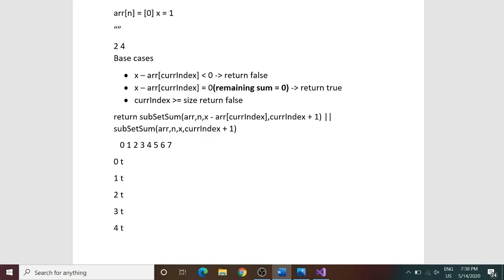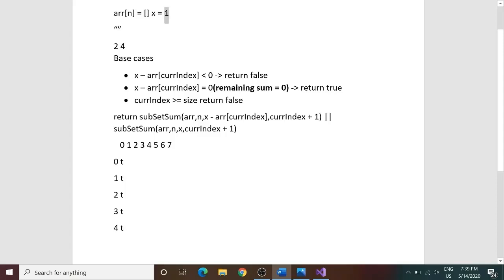I do not have even a single element now. Now, what shall I do then? Can you ever make a sum of 1 out of any of the subsets where no element is present? I do not. What does this 0 signify? This 0 signifies that I do not have any element with me. So, I do not have any element with me, but I need to make a sum of 1. Can you ever do it?